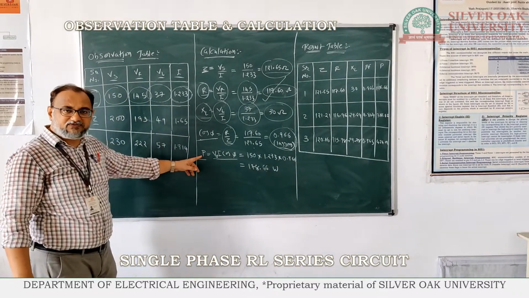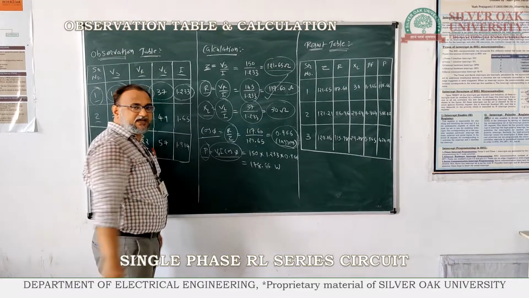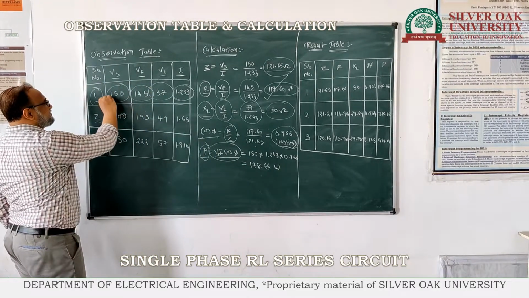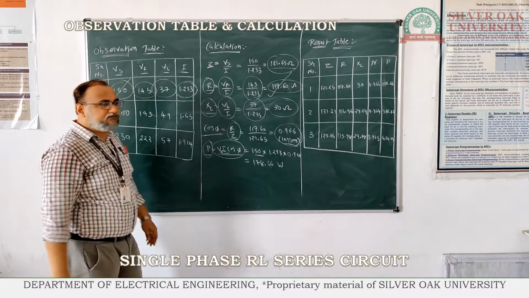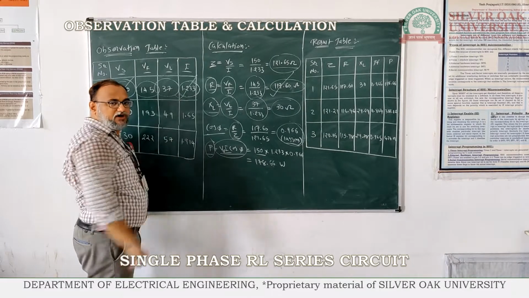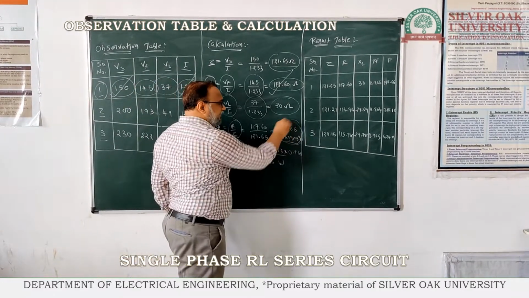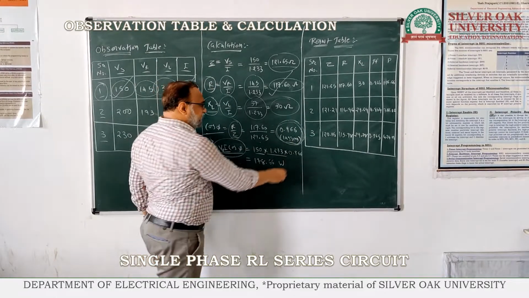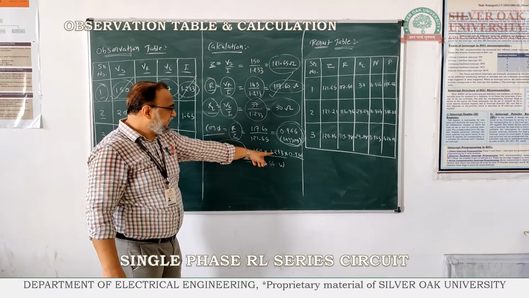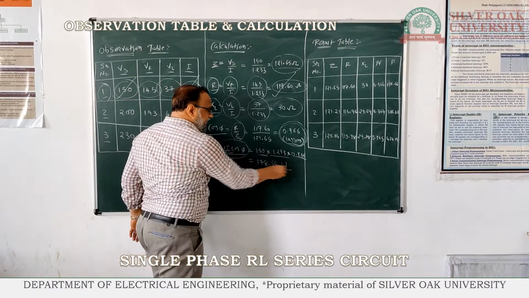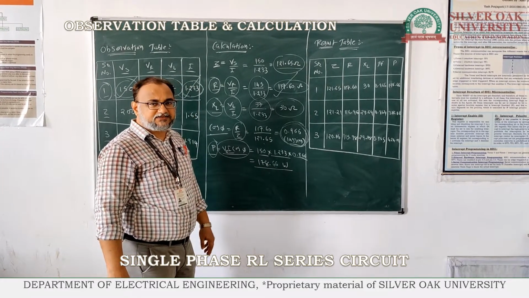Now the last thing we are supposed to find is the active power, and the formula is Vs I cos phi. Vs is the supply voltage, 150. The current is obviously the circuit current, 1.233. And the power factor we have calculated is 0.966. So 0.966 is multiplied with 150 and 1.233. It gives us an active power of 178.66.